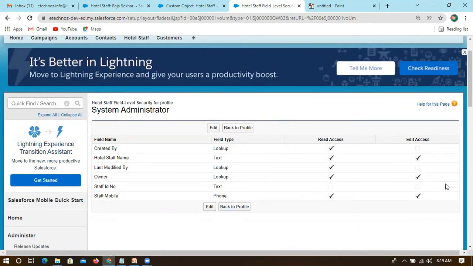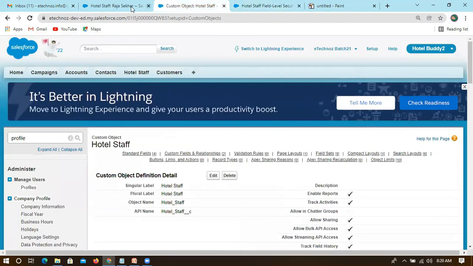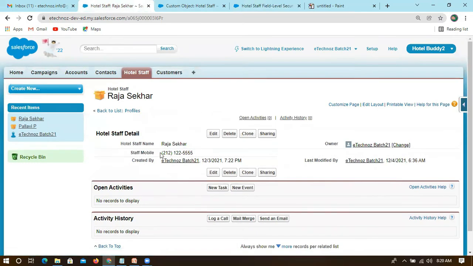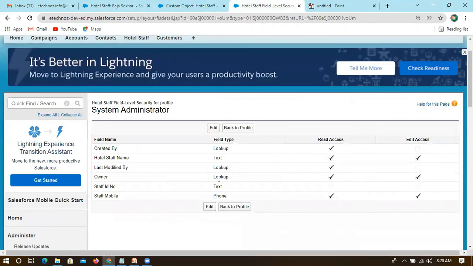Usually what will happen is that at profile level you can't see this. In that case, this access is not available for this profile, so definitely he can't see it. If you just refresh this, now you can see we can't see that field, right? What happened is you had enabled it as required. After changing the required, I guess it has come, or maybe other guys have updated it. Maybe the other guys are not on call, so someone has updated this.